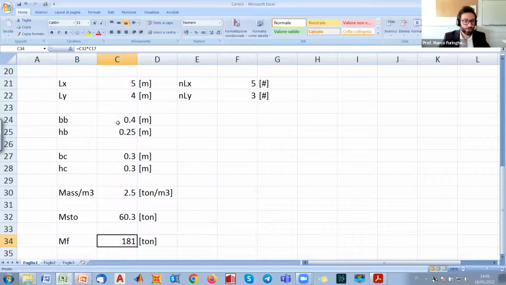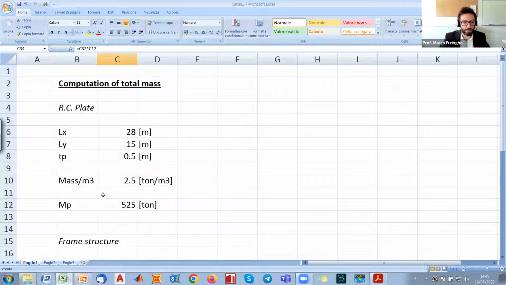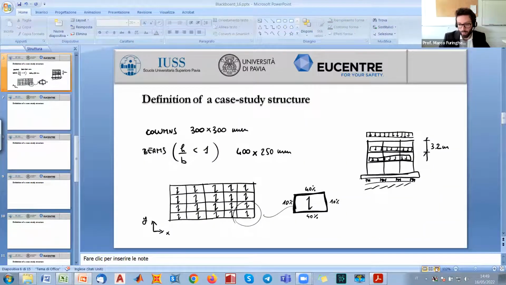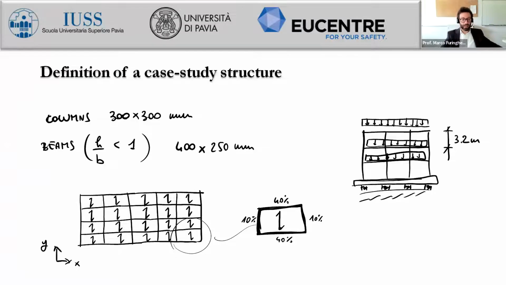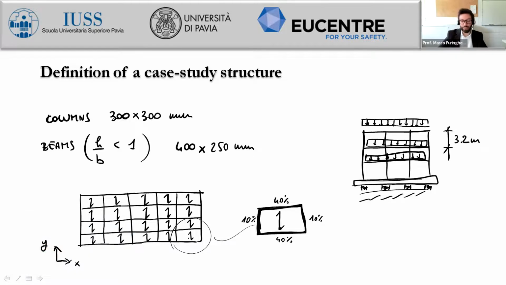Okay, so this is the mass for just the frame. And then we have to consider also the external loads, because maybe I didn't mention it before. We have to remind that the mass, and this will be very important when we define the nonlinear time history analysis within SAP 2000,